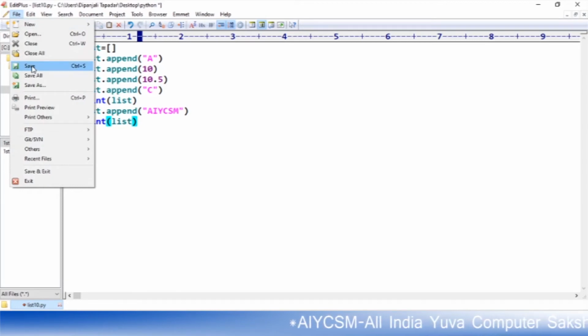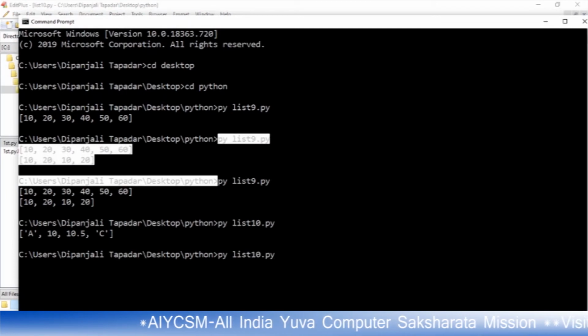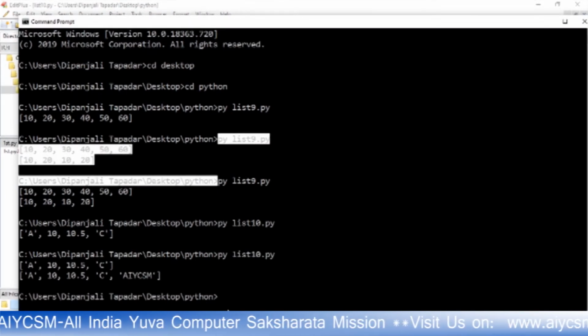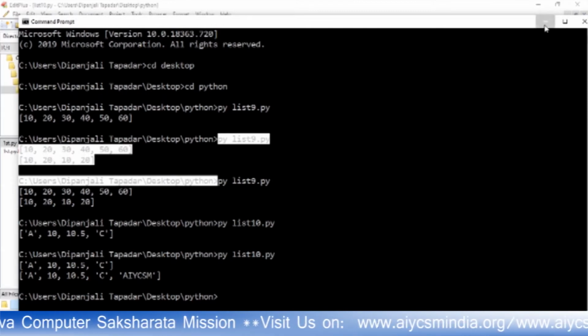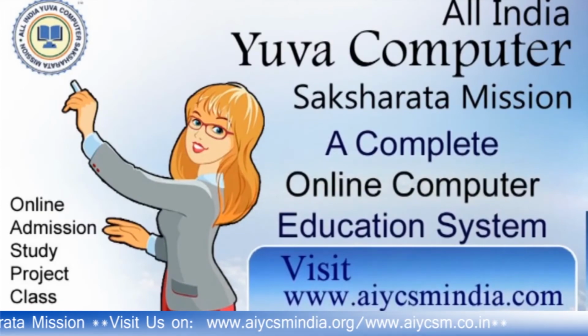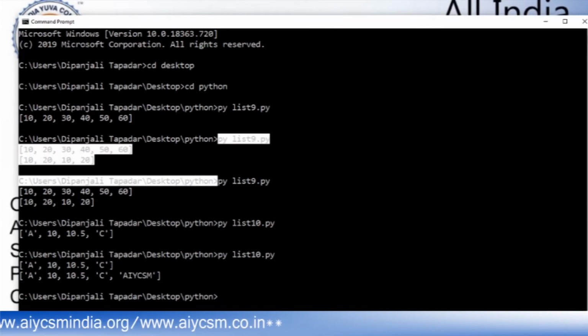So if you save this and run it again, we will see that AIJCSM, All India Jubo Computer Saksharata Mission, will be added into our content. So you can add an item at the end of the list with the help of this append function.